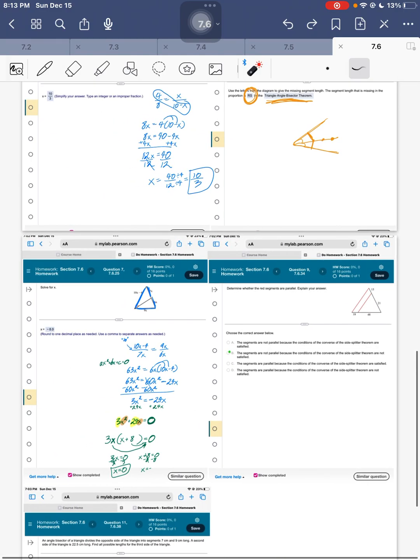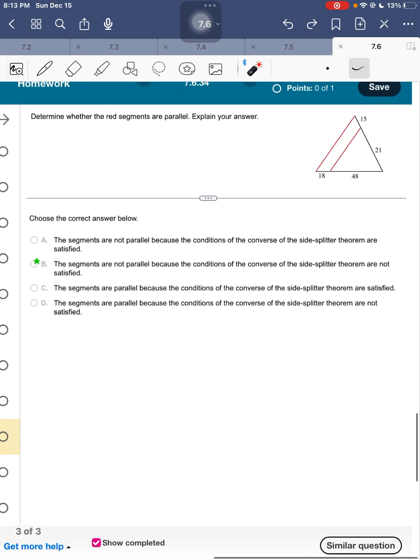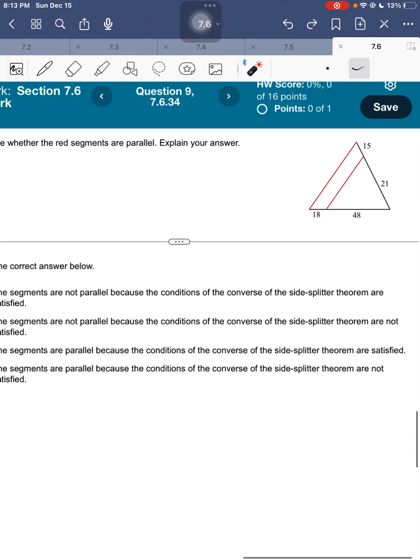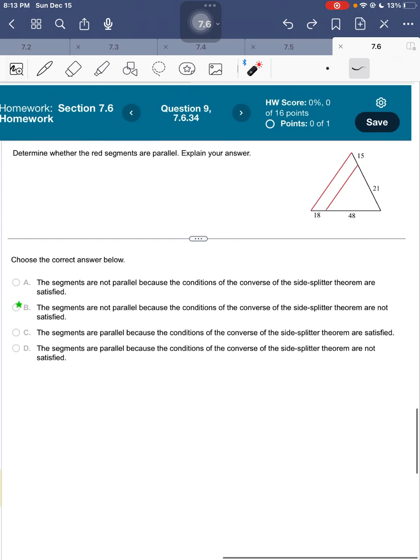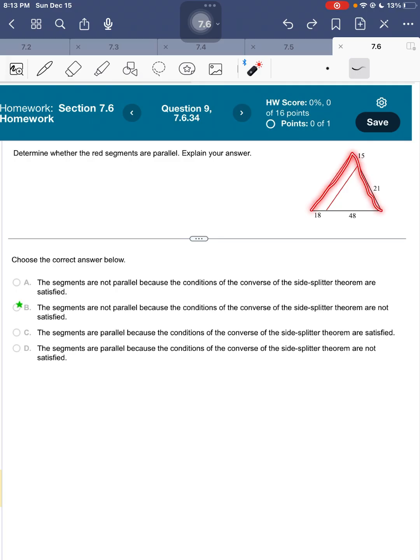Okay, so determine whether the red segments are parallel. Well, we learned this already, right? Whoops. What's going on? Okay, so